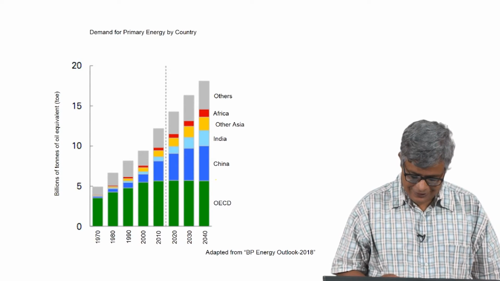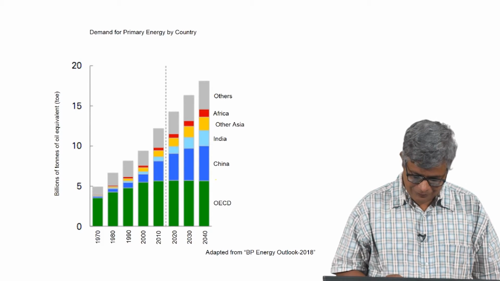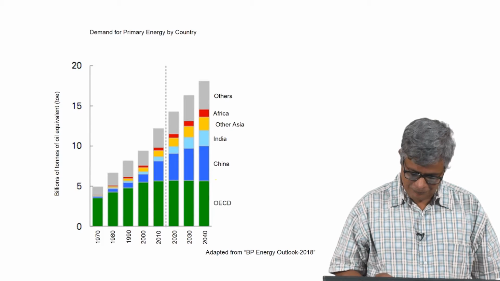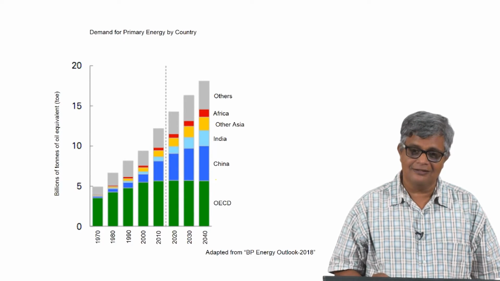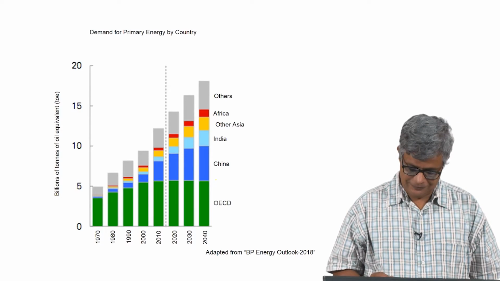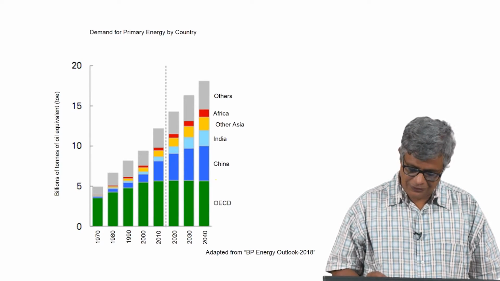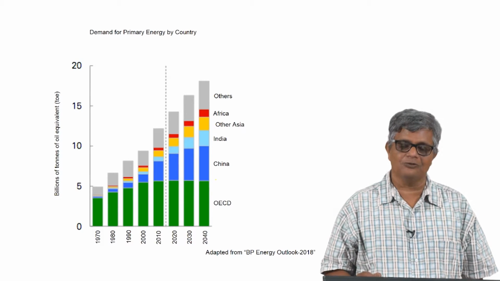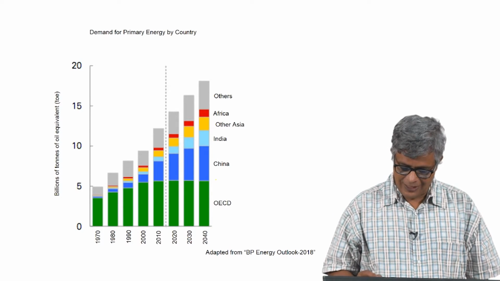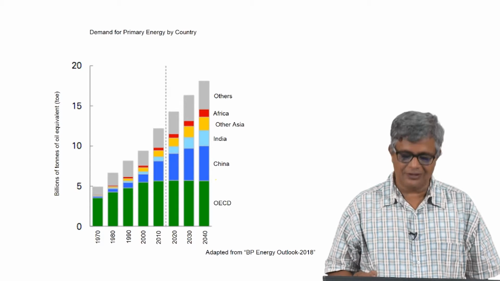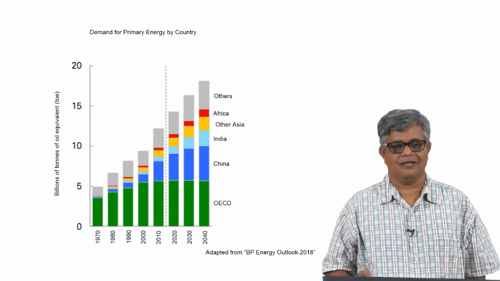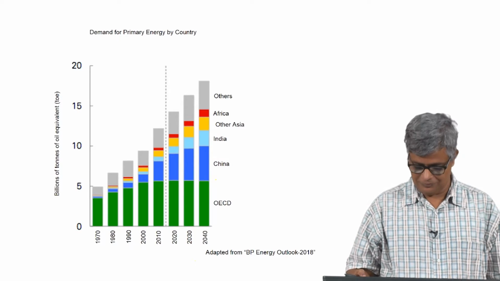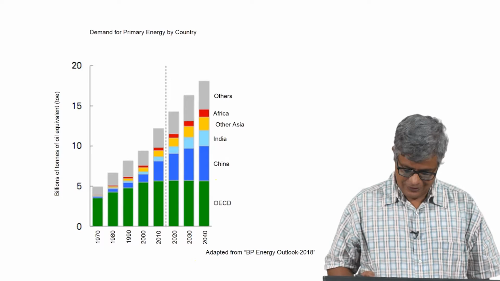And we can see that trend here, 1980s a small amount, 70s and 80s, 90s, 2000, 2010, these are all actual data. 20 it is still going up, 30 it is still going up, and 40 it is going up. China alone is going to consume as much energy as most of the OECD countries put together. China currently is the largest energy consuming country in the world, followed by US.